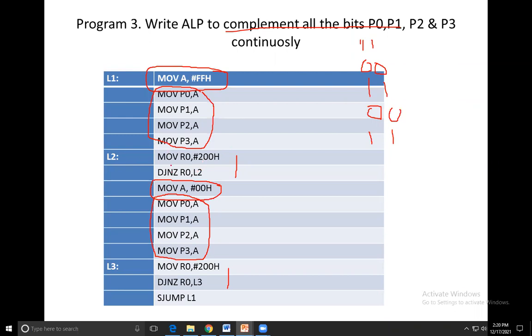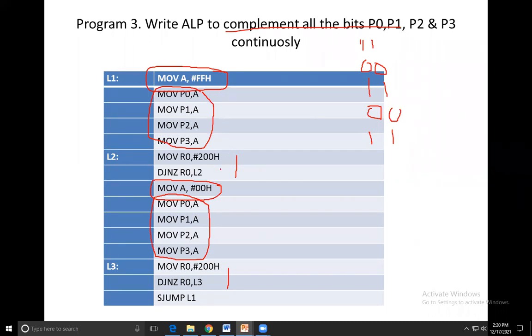So these two lines are used for the delays. If you have connected LEDs to port 0, port 1, port 2, and port 3, all 8 into 4, that is 32 LEDs, will be on, because you have to give the value of 1 to each of the ports. So if you have connected LEDs to all the ports, all the LEDs will glow. And this is the delay, so that we can see the glow for some time.